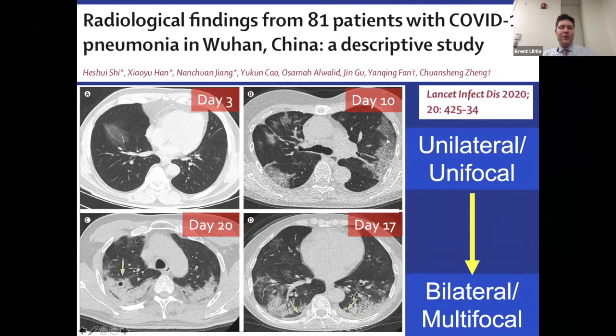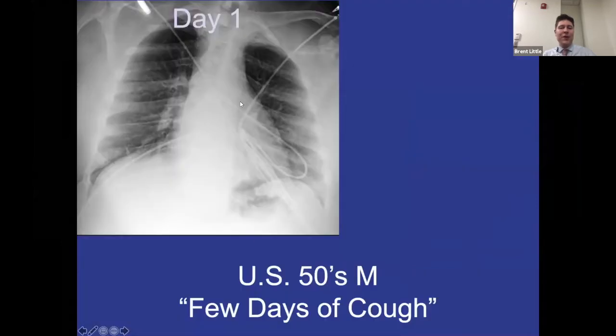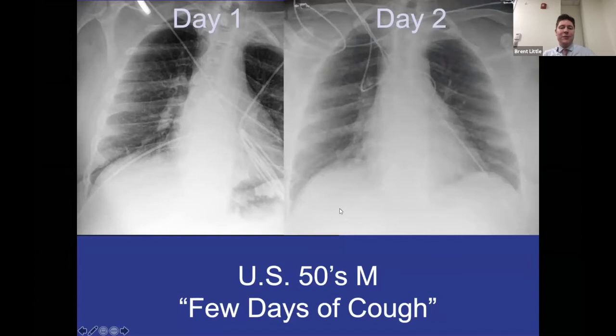So here you can see the so-called typical appearance of some ground glass opacities, a little bit of consolidation. Here is mainly consolidation and bilateral and peripheral. Of course, these are not 100% specific appearances, and we'll talk about that in a second, but remember the time course. Here is another thing to remember, that radiographs are actually not very sensitive in the very early setting